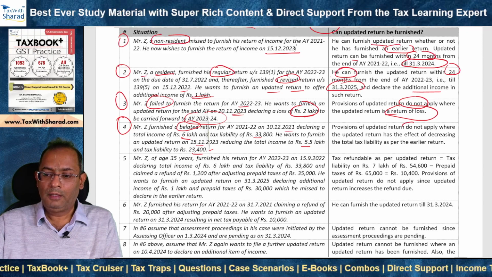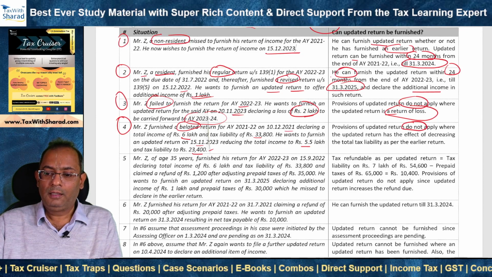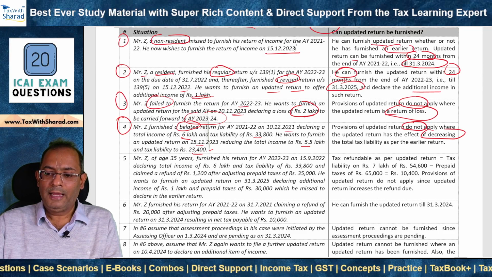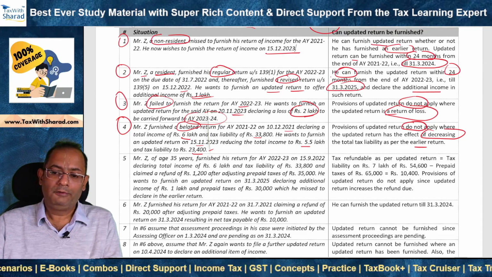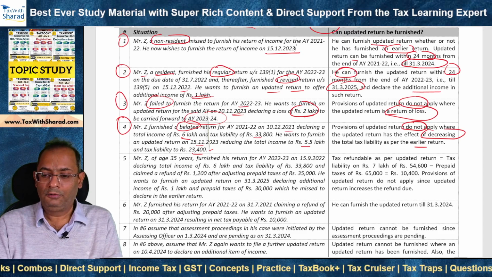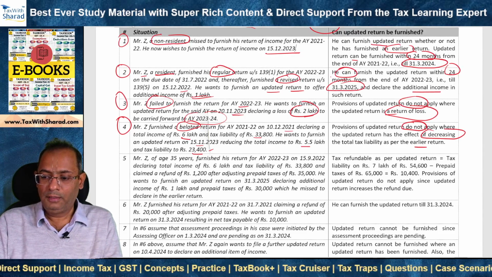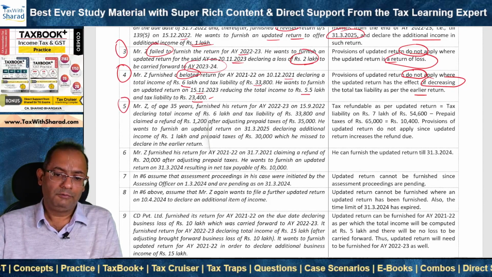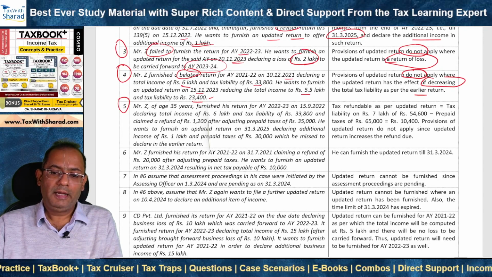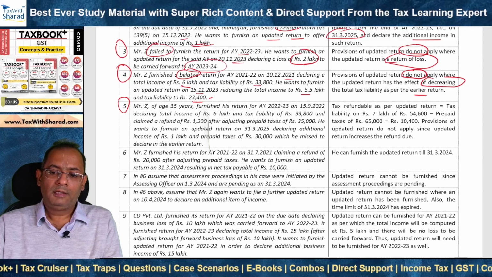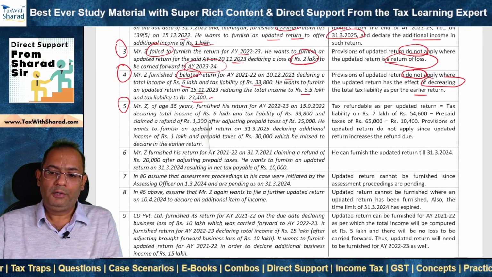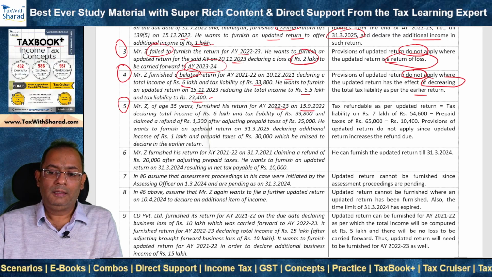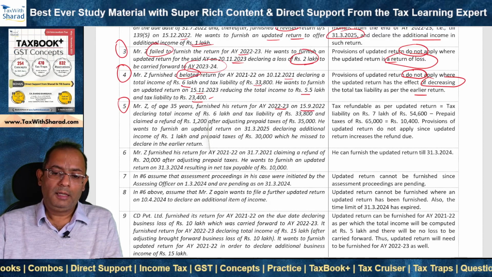Provisions of updated return do not apply where the updated return has the effect of decreasing the total tax liability as per the earlier return, and therefore in this case Mr. Z cannot furnish updated return under 139(8)(a). Number 5. Mr. Z of age 35 years furnished his return for AY 2022-23 on 15th September 2022, declaring total